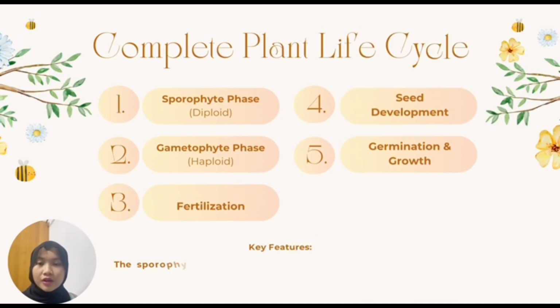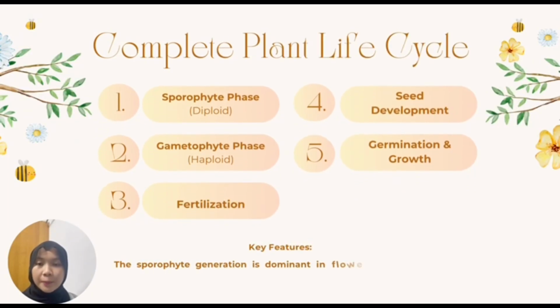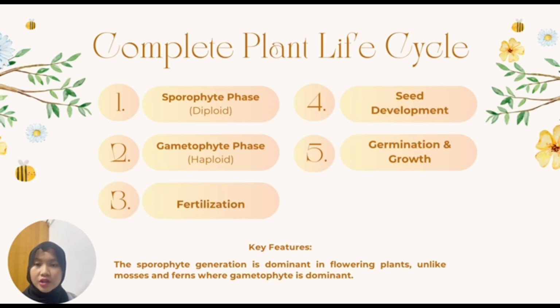Last but not least, the complete plant life cycle. The plant life cycle consists of several stages: 1st, the sporophyte phase, which is diploid and dominant in flowering plants; 2nd, the gametophyte phase, which is haploid; 3rd, fertilization; 4th, seed development; 5th, germination and growth. Unlike mosses and ferns, flowering plants have a dominant sporophyte generation which allows them to grow larger and adapt better